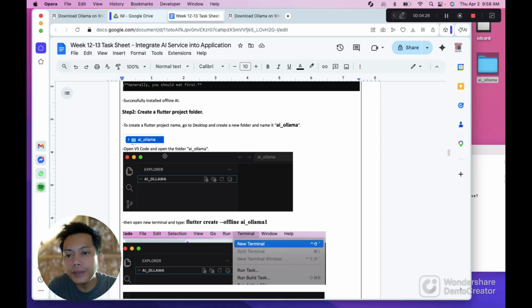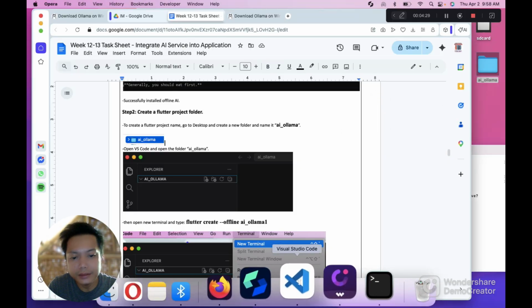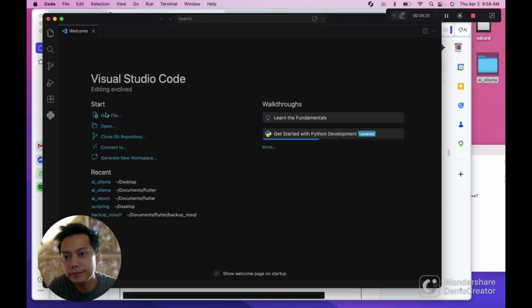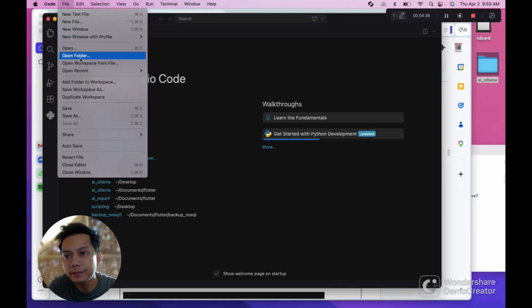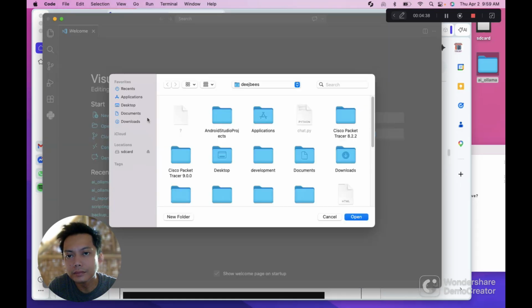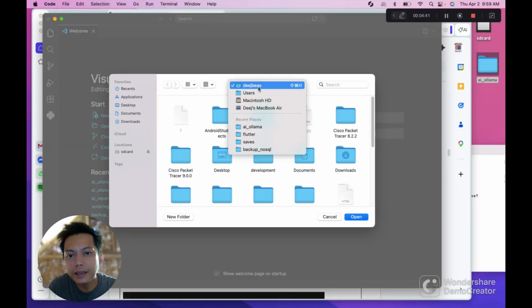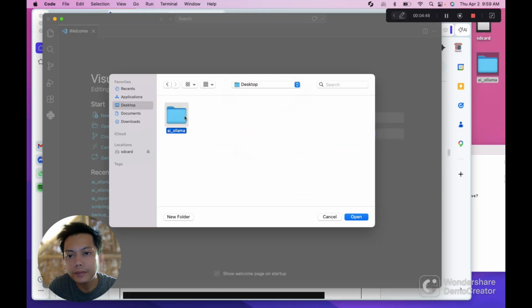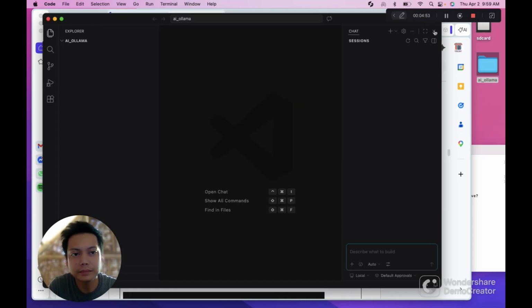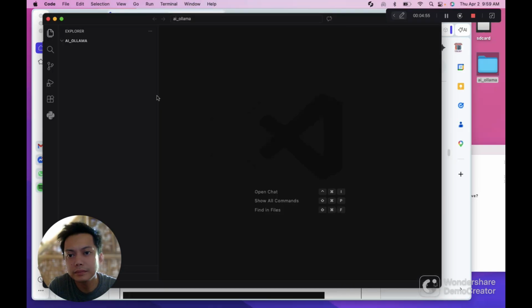Then the next, open VS Code and open the folder AI Ollama. Okay, so we already opened the folder.